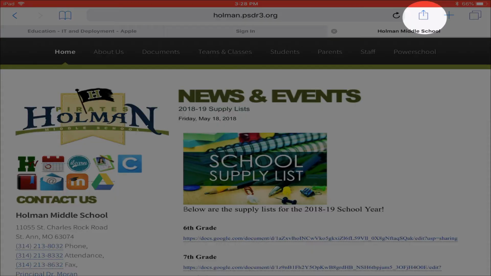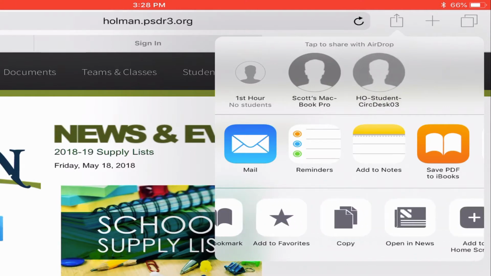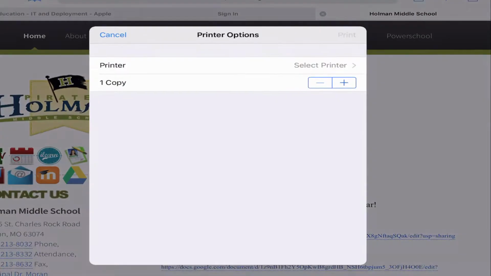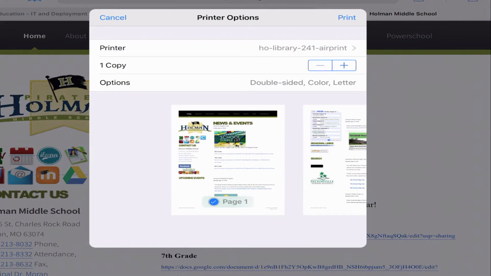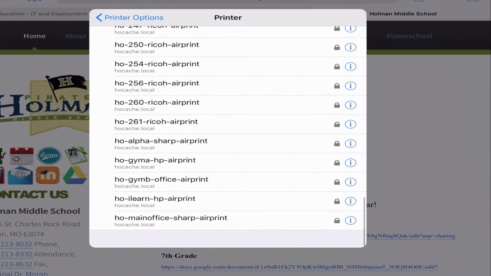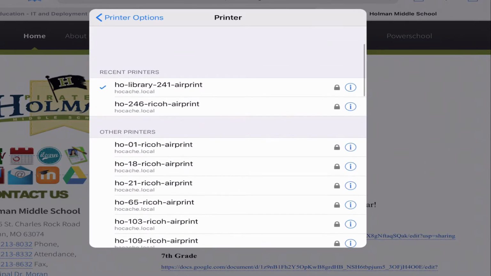I normally have this share arrow with a little box with an arrow in it. When I tap on that arrow, I get some sharing options, and in that bottom row, if I swipe, I should see an option that says print. Now when I hit print, it's going to give me the option to choose from a variety of printers. It should show me every printer in the building. If I wanted to print to a specific printer in the building, I simply would tap on that printer, and